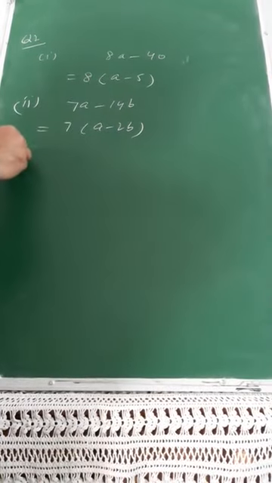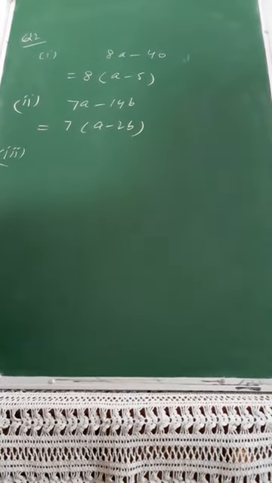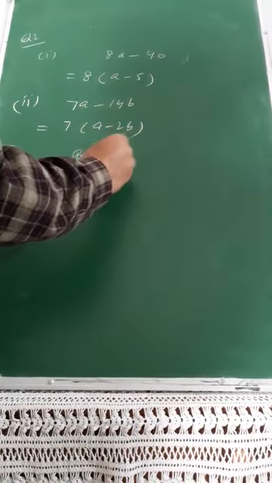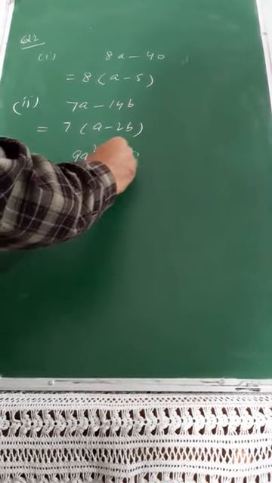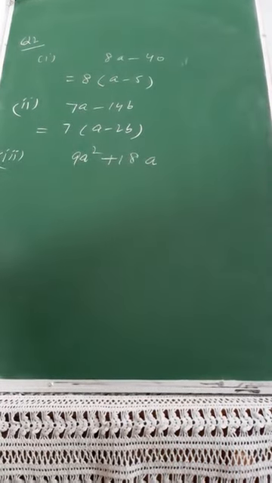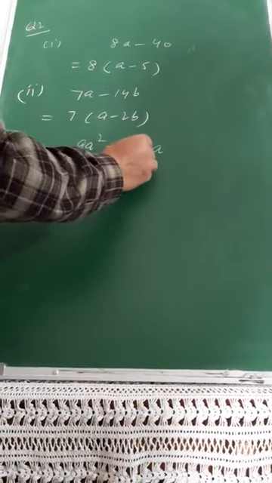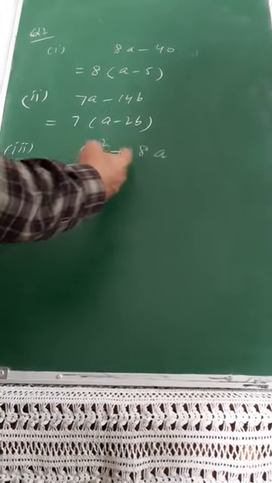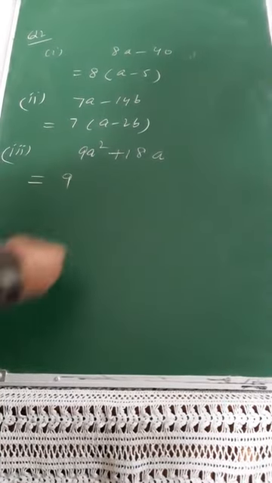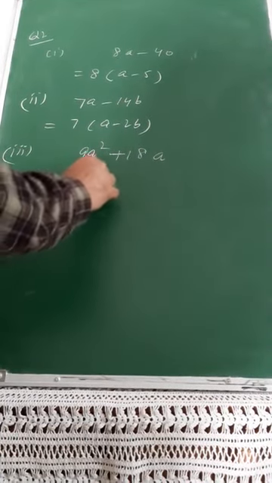And these are very simple types of factorizations. Please have a look and try at your own level. Then later on I will add some assignment questions also. The point of explanation here is just to make you understand how to take common. Again in 9 and 18, first you give a look to the numbers, that is the coefficients. In 9 and 18 definitely the HCF is 9, and in a square and a, I told you, take the lower degree.